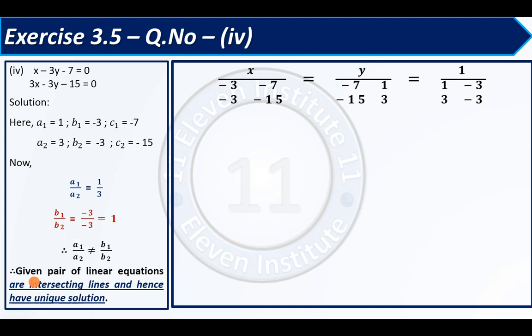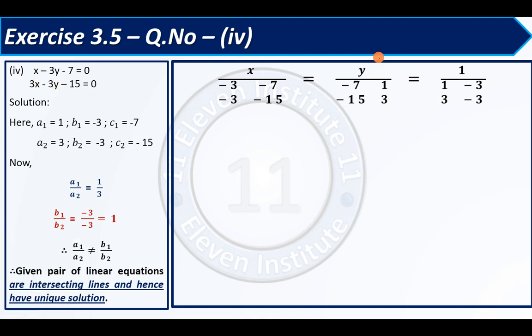Then what you have to do, you have to place your finger on y. So we will place our finger on this. So what is left is 1, 3, minus 7, minus 15. But already minus 7, minus 15 is written. So we will write 1 and 3 over here. What we write over here, we have to copy it over here also. So 1, 3 is written over here and written over here also. The chance of y is now over.